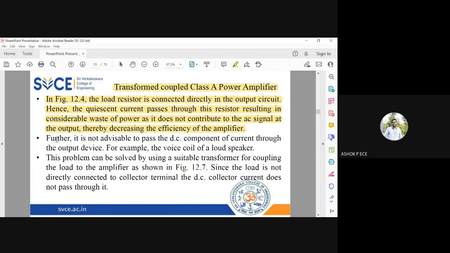So instead of that, what we can do is, instead of using a resistor, I'm going to use a transformer for coupling the load to the amplifier. Since the load is not connected directly to the collector, the DC collector current will not pass through it. See, we are seeing the class A power amplifier, and the output is taken from